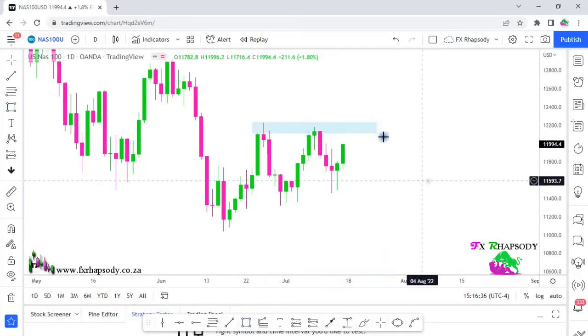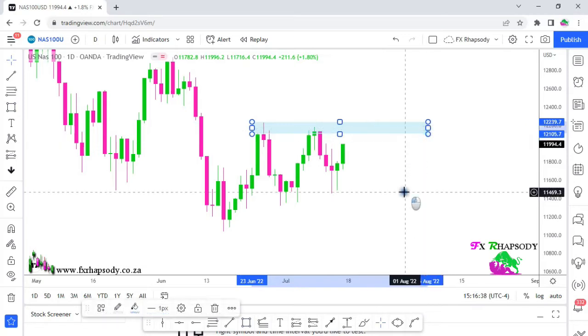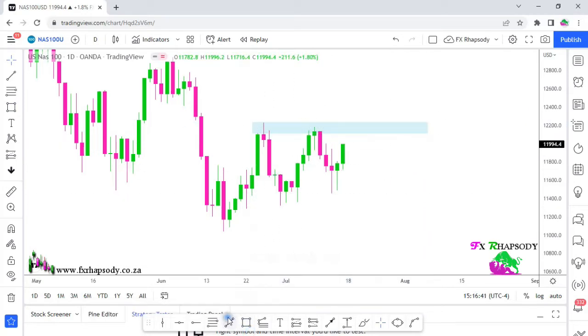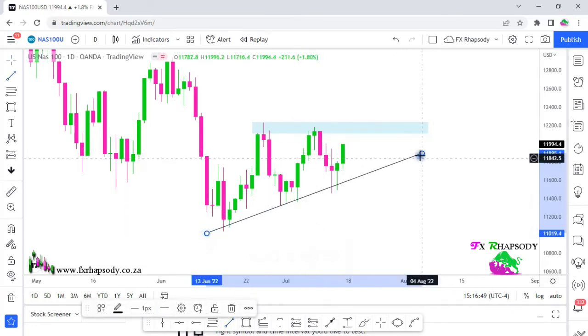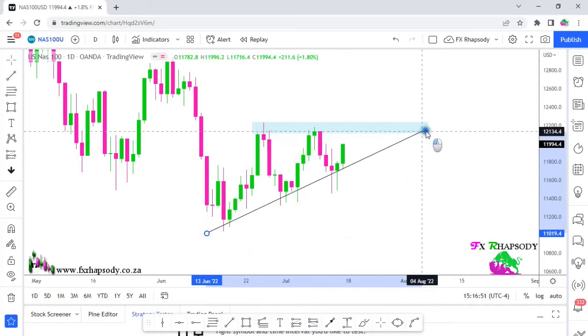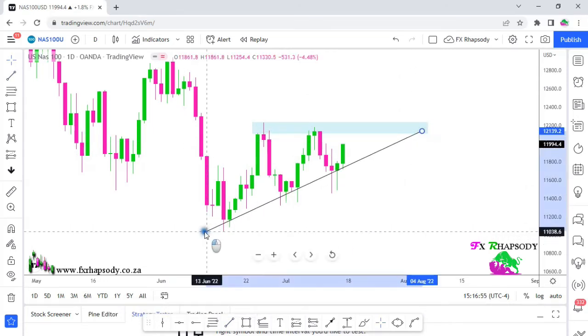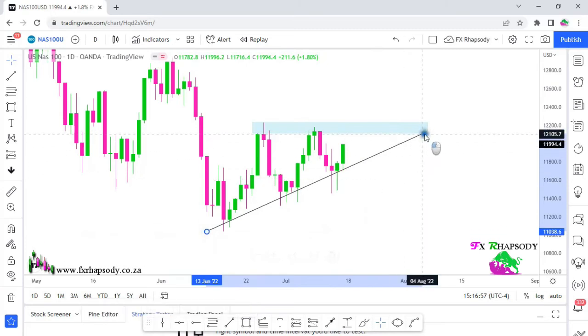So on the daily time frame, we are seeing that Nasdaq is still respecting this area over there. It's a nice resistance area. We're looking at a little bit of an upwards movement in the market. We're trying to see when Nasdaq is actually going to start turning to the upside, where the market is going to start moving up again after this big downward spiral that happened after obviously the